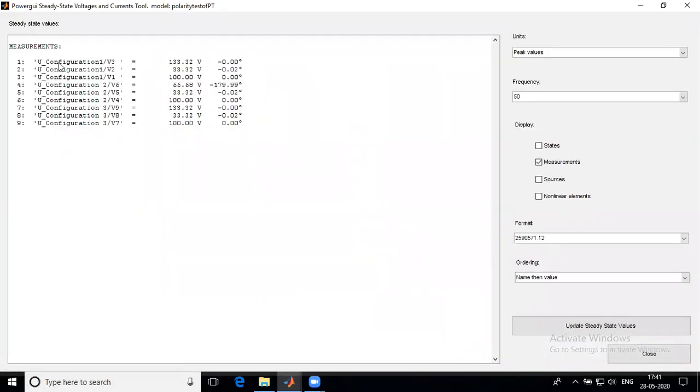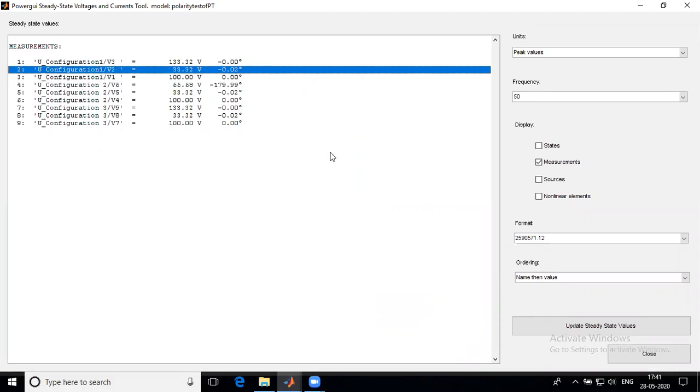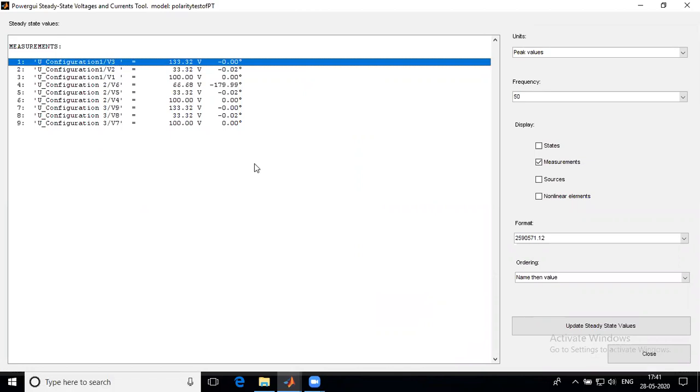See for configuration 1, V1 is the primary voltage, which is 100 volt. V2 is the secondary voltage, which is 33.32 volt, but V3 is 133.32 volt. That is additive in nature. So obviously the two transformer windings connected across V3 are of different polarity.